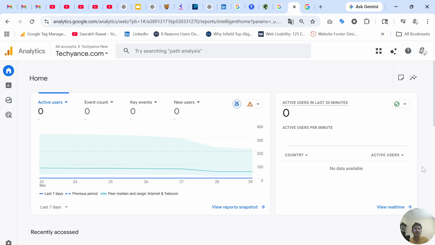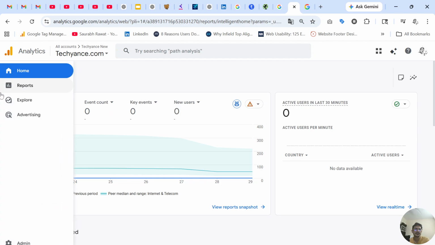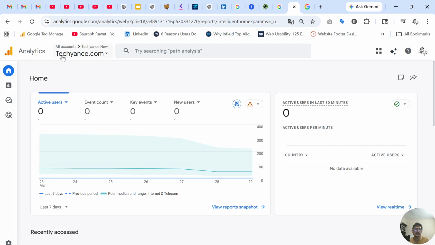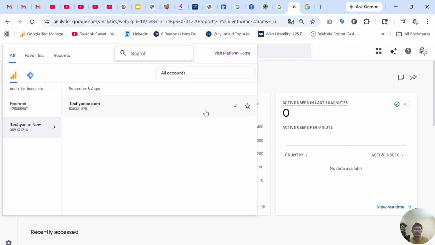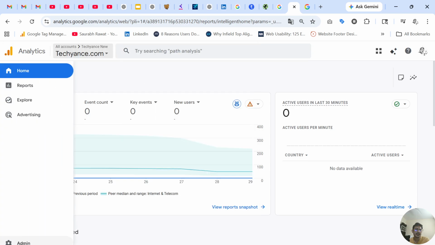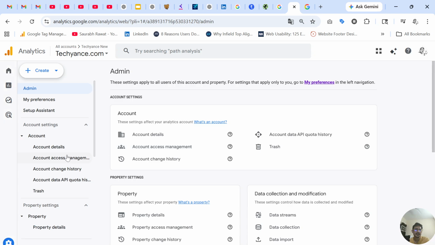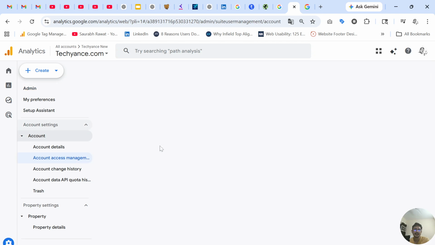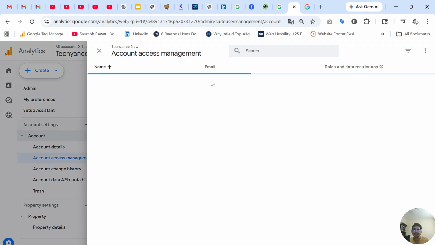Today I am going to talk about how to give permission or access to any user in a Google Analytics 4 account. First of all, you have to log in to your Google Analytics account and select your property and account, and then you can click on Admin, and here you can find Account Access Management, and you can also find this option here. Both are the same thing, and then click here, and after that you will see a window like